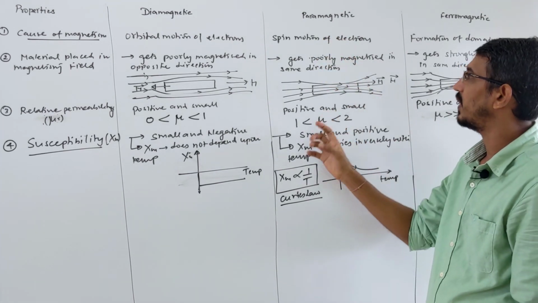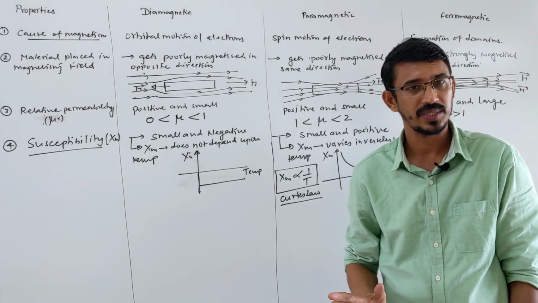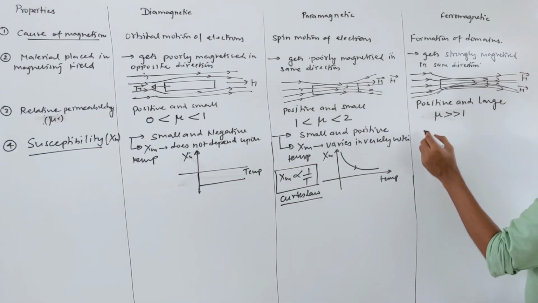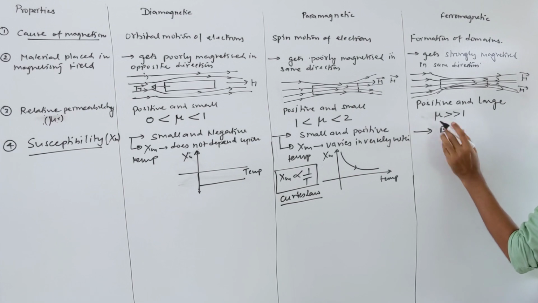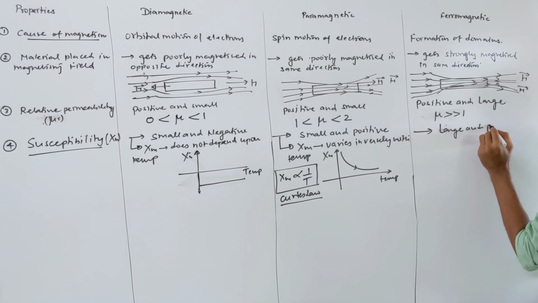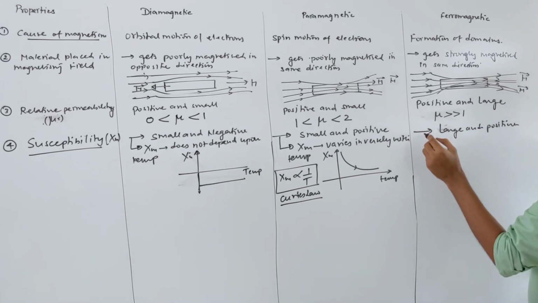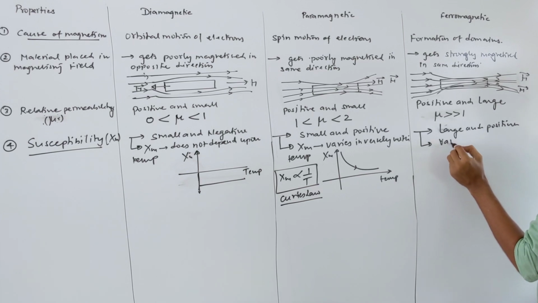So at some temperature, if you keep cooling this paramagnet, it gains magnetic properties. So at some temperature, the para becomes a ferromagnet, and that temperature is called Curie's temperature. Okay. Yeah. Here also the same relation only. It's big and positive, right? Large and positive. Susceptibility is positive and big. Okay. This also varies inversely with the temperature.